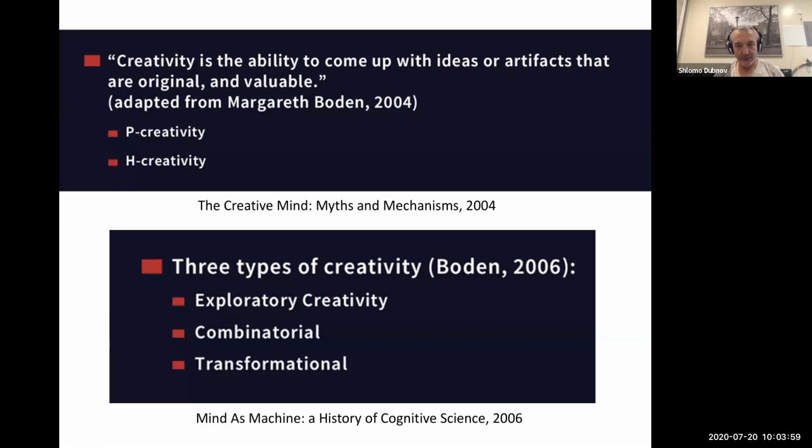one is exploratory creativity, which is maybe what most naturally the neural networks that we're looking at do. You basically have a set of possibilities because you model an information source, you have some kind of representation. And by moving through some space of parameters, you generate more examples.